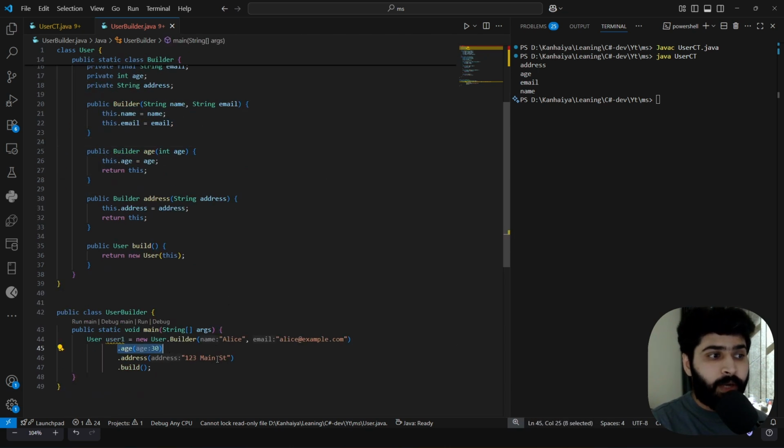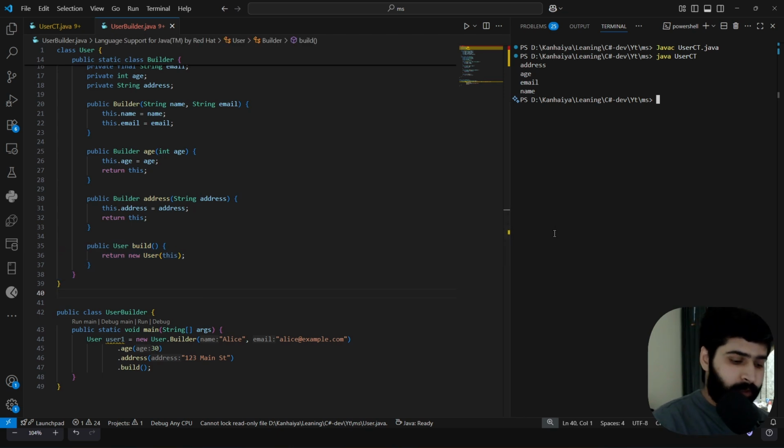Then we can set whatever fields we want. If we do not want a field, we can just skip it and it would be null. At the end we have to call the build method. Only then will the instance be created.